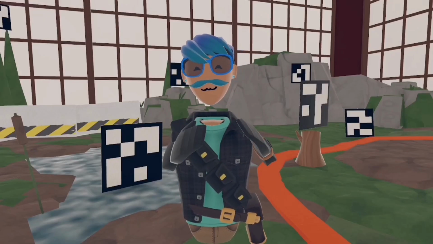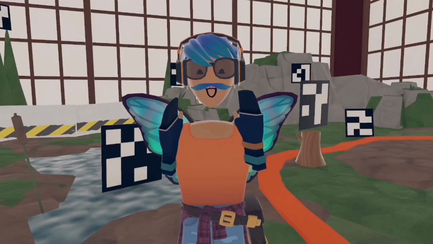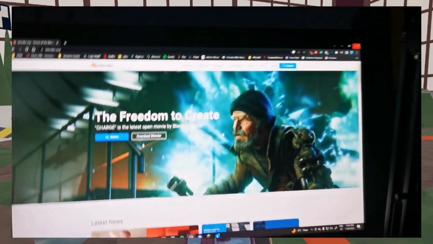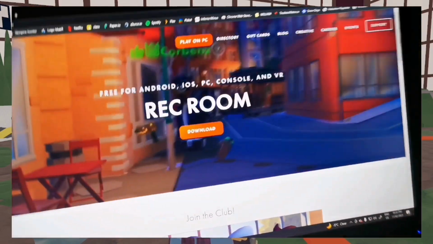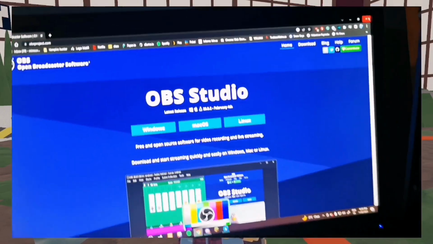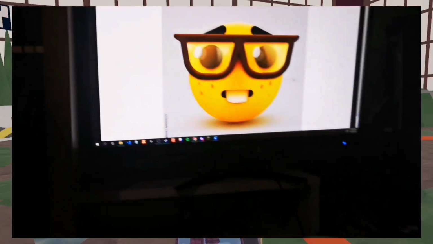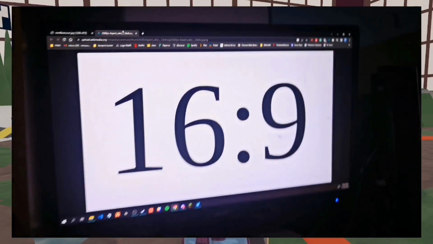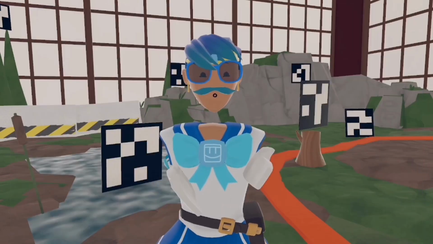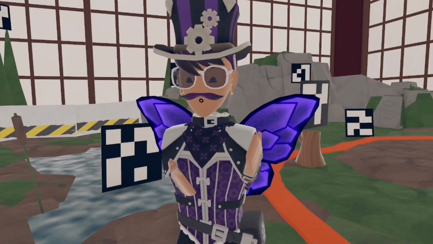So, you want to know how to export your models from Rec Room. For this, you're going to need Blender, Rec Room, obviously, Meshroom, which I'll leave a link in the description, OBS, 2 monitors, and I suggest one of them having a 16:9 ratio. Your computer doesn't need to be that powerful, trust me. My computer is 13 years old, and it does not support Windows 10. I won't show you how to install any of the apps, because,